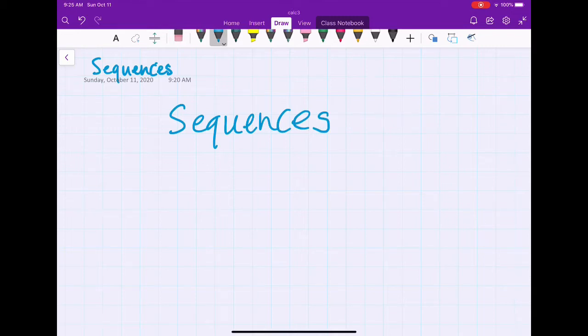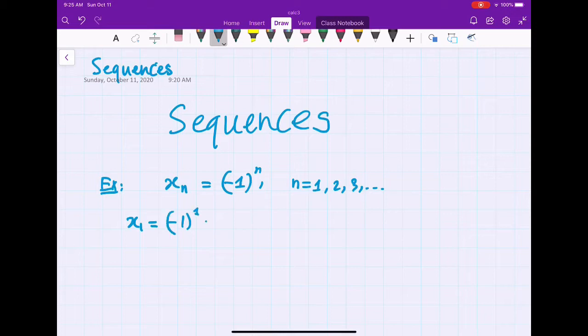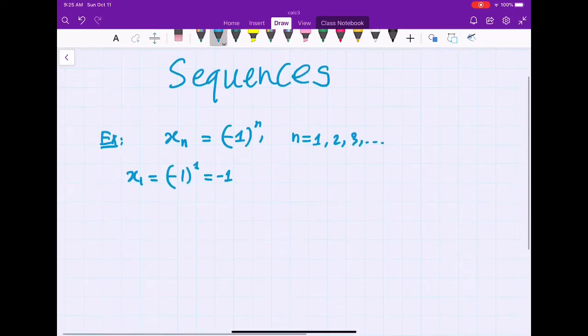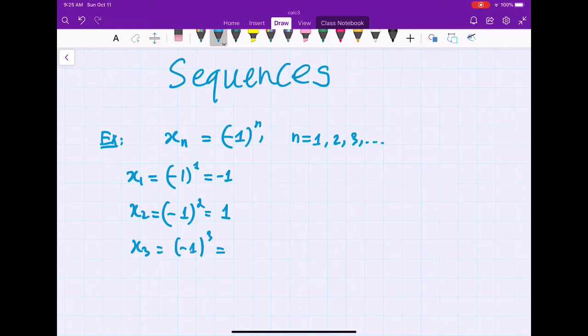Firstly, let's consider some examples about sequences. Okay, so we know, for example, if you have xn, that is (-1)^n, where n is natural numbers 1, 2, 3 and so on. So you have a sequence of numbers. For example, x1 is equal to (-1)^1, which is -1, right? x2 is (-1)^2, which is 1. And then you plug n equal to 3 into this, you get (-1)^3 equal to -1,